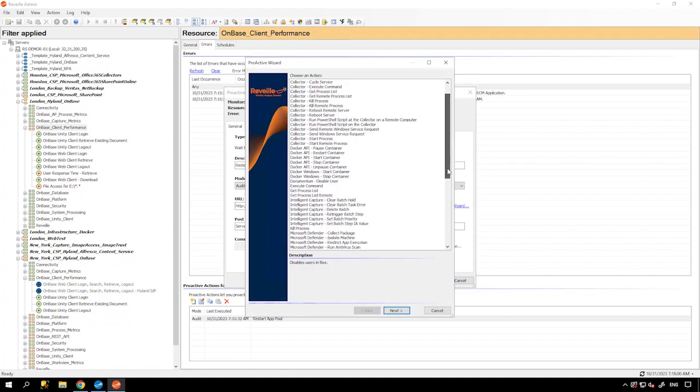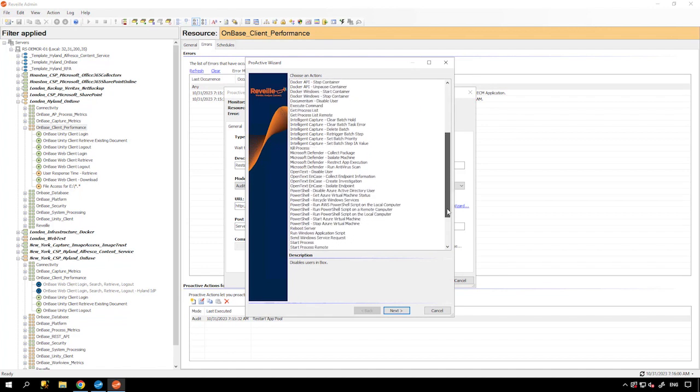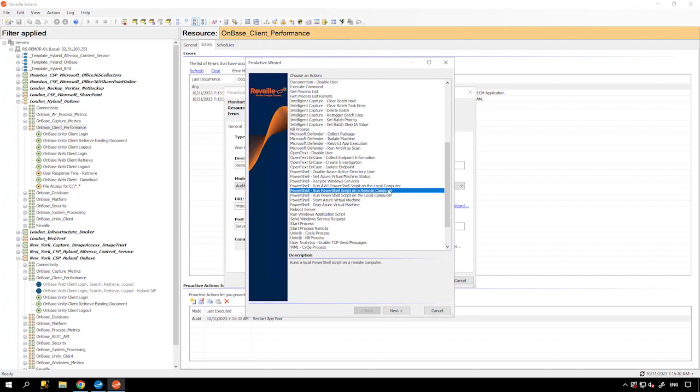They range from starting common OnBase services and processes to actions for AWS or Azure public clouds. Reveille can also run PowerShell scripts. This capability allows Reveille to carry out any action that can be completed via PowerShell script, providing great flexibility. The ability to carry out an action to resolve or provide a workaround to an issue ensures the organization reduces to a minimum the impact issues have on the end user and allows the content management administrators to reduce their